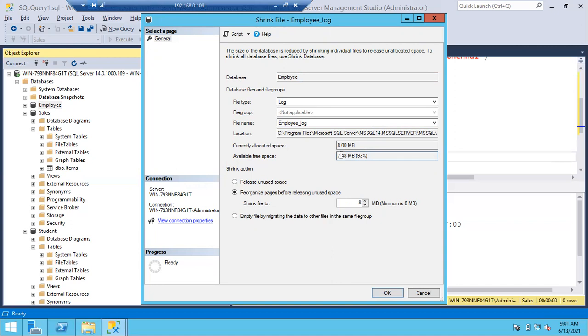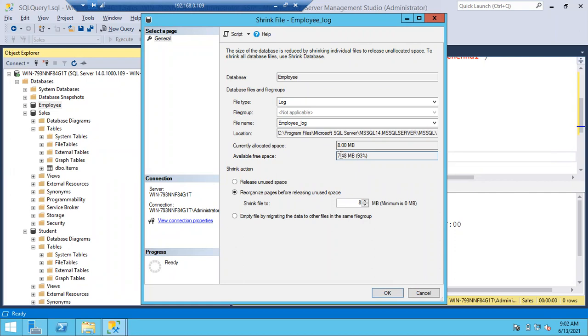The data file will keep growing, but the log file will not. The log file will grow only while doing transactions like inserts, deletes and updates, only during the business. Once the business is committed, the log file will release the unused space to the operating system. Sometimes it won't release. For that, we have to shrink the log file to release the unused space to the operating system. Is it clear, or any doubts here, please?